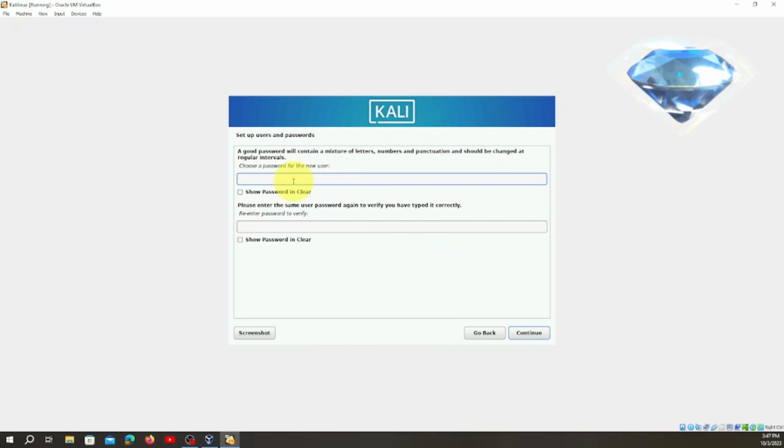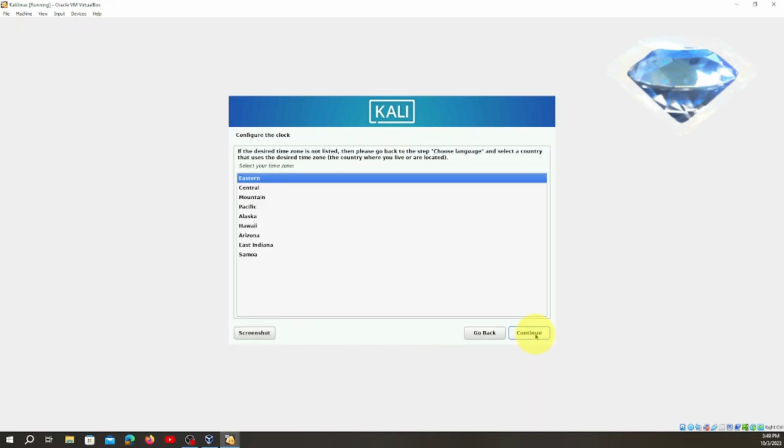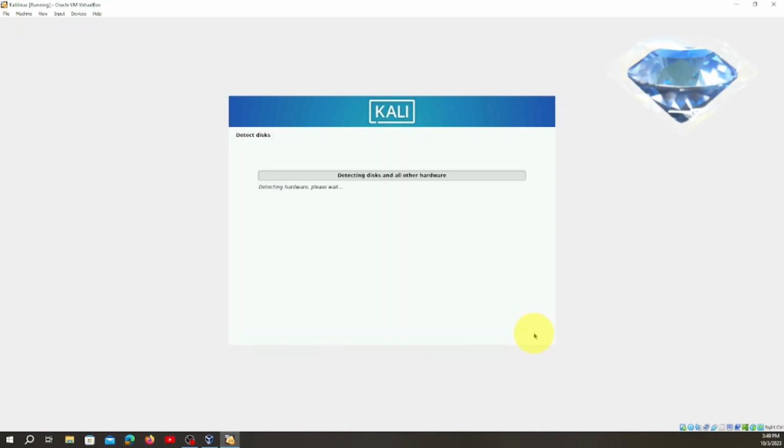Make sure you put your password and you remember, you make sure you know that password, okay, the one you're gonna put there. And then you click continue, so you put your password, okay. And then here I live in the Eastern time zone, so in case yours is maybe Central or Mountain or Pacific, okay, in my case I leave it the way it is. Continue.